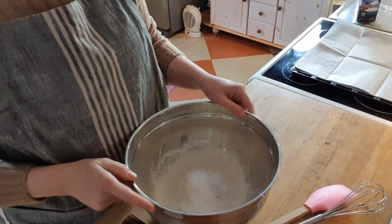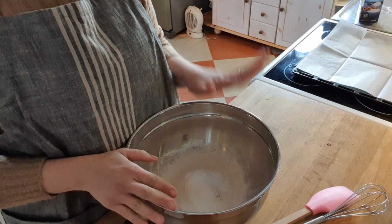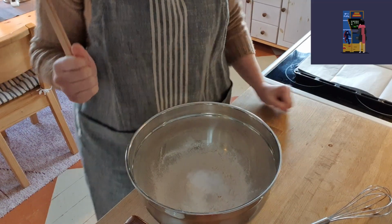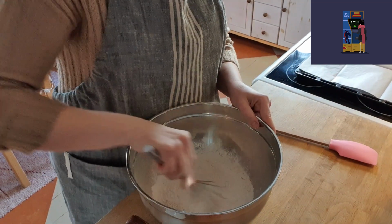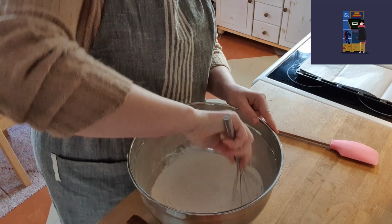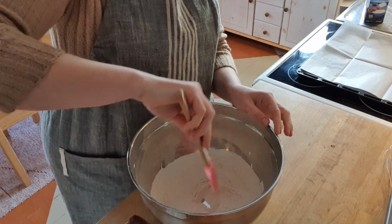So if you have a look here, these are all the dry ingredients. So that's 3 cups of all-purpose flour, 1 teaspoon of baking soda, 1 teaspoon of salt. So that's all we've put in here for now. This is a little bit of a cheat sheet sort of sourdough. I'm trying it out for the first time, so let's see how it goes. So what you would do now is you would whisk it together just to incorporate all those ingredients into the flour. So you whisk it together, and then what you will do is you will make a well in the middle,